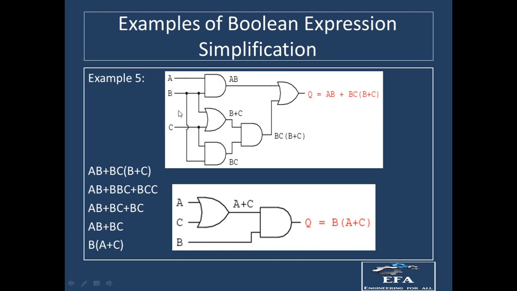You can see over here that there are several levels through which the inputs are moving, and ultimately we are having the output as Q equal to AB plus BC into B plus C, right? So you can see how many gates are required: 1, 2, 3, 4 and 5 gates are required. From this AND gate A and B are passing, so we will be having AB over here. From this OR gate we will be having B plus C. From this AND gate we will be having BC.